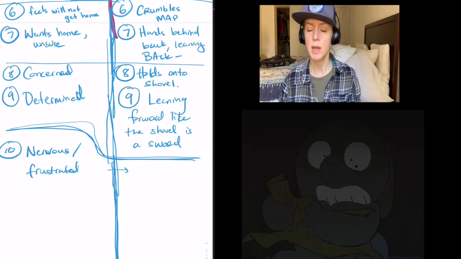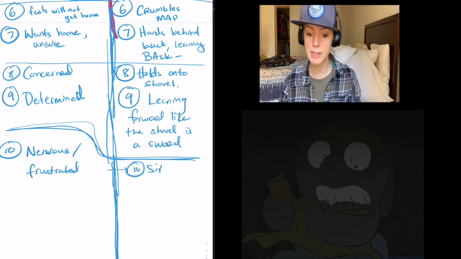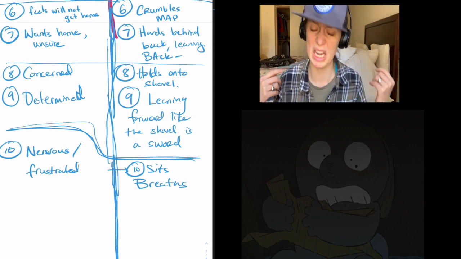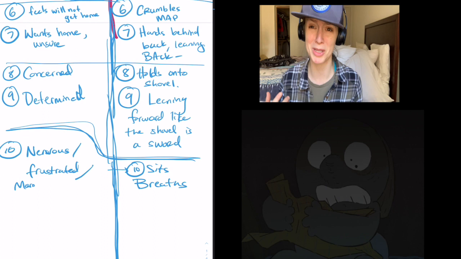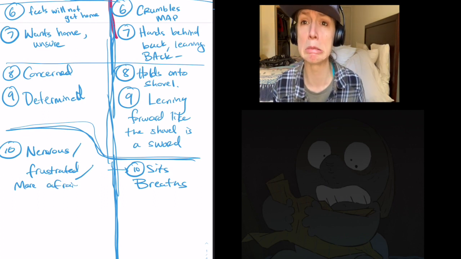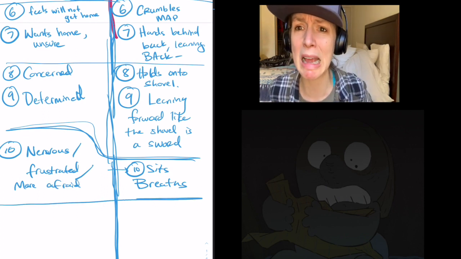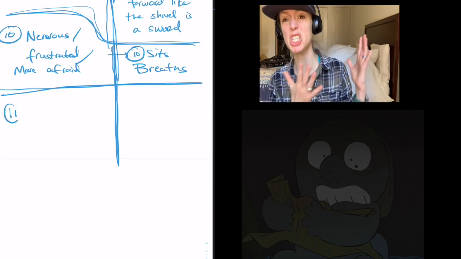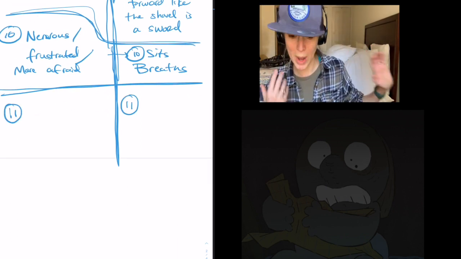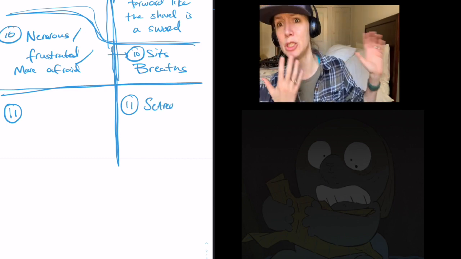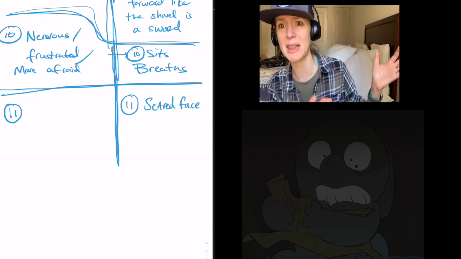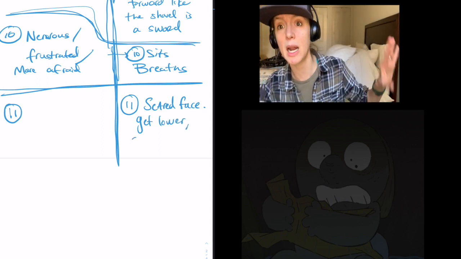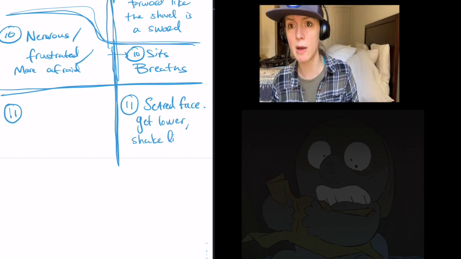Let's see. Next choice. He looks scared. Okay, he's getting lower. He's realizing there's not a space in the world for him. You can see he's making the choice of shaking his lips. So I would write on my T chart, he is shaking his lips. After I do this, I am going to shake my lips because I am really worried. My subtext inside, I'm really worried that I may not get my objective. Another strong physical choice.